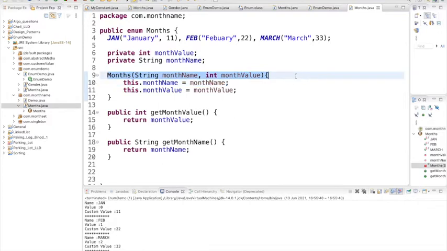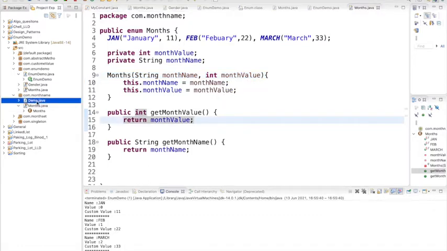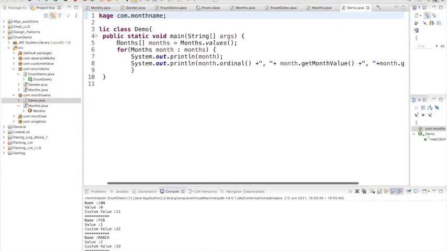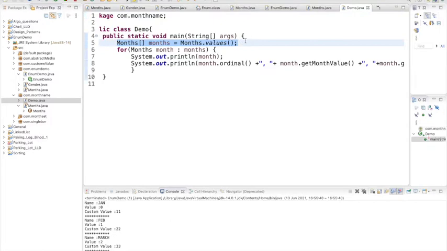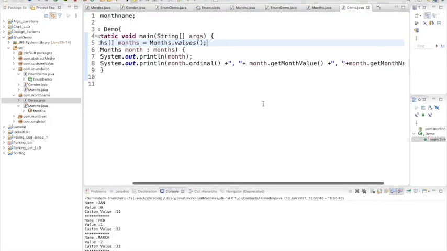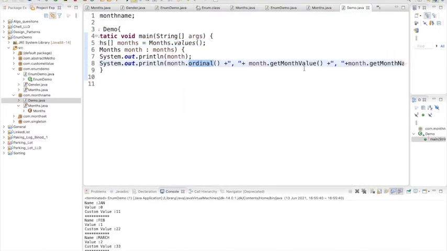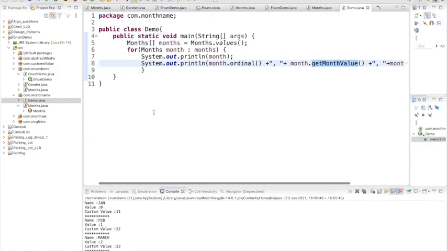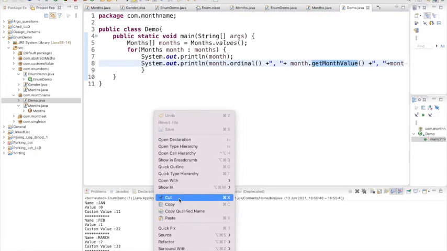In this constructor I am passing two values, a string and a number, and just the get methods here. That's all you have to do. Now let me show the respective code. Again, this is the important method that returns all the constant values, and here we are calling the three methods: the sequence, the month value that will give the month number, and the month name, right? What you have configured. And you have not called the month name, but if you want you can call the month name also. Let me run this code.